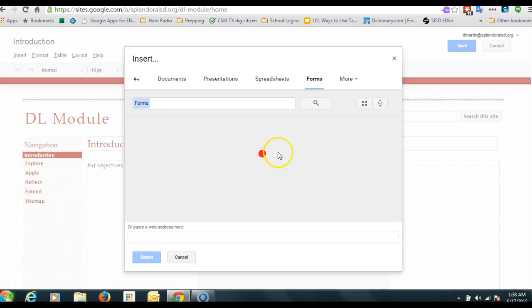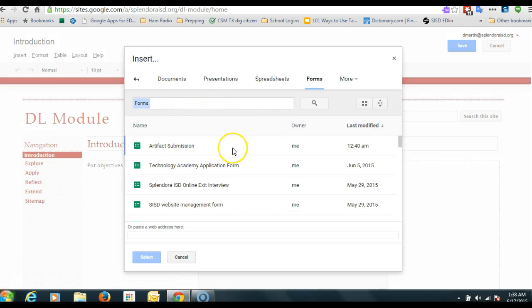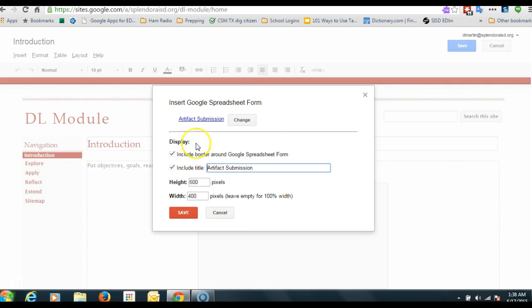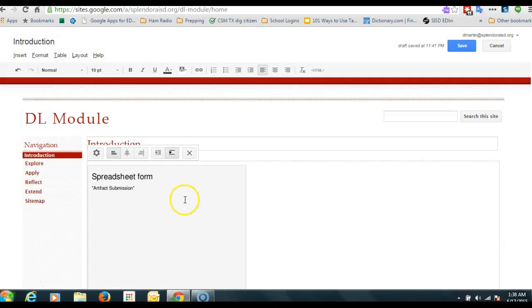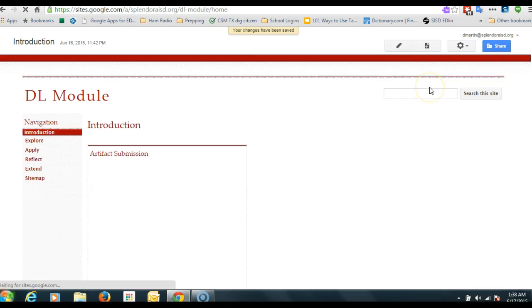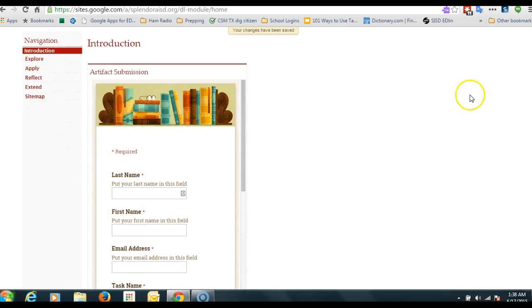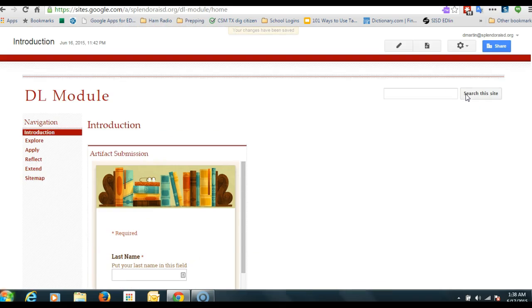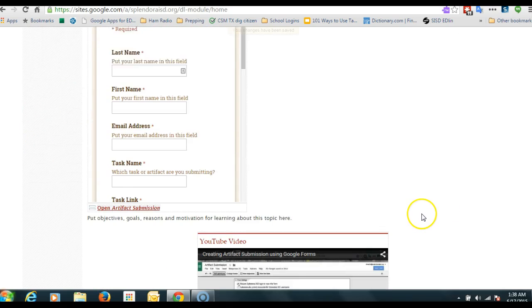Click on Form, and it's looking for all our forms. We're going to use this artifact submission form. We'll click Select, and this is just asking us how big, how wide. We're going to click Save. Again, it's grayed out because we haven't clicked Save yet. And there's our form that is now embedded into our website